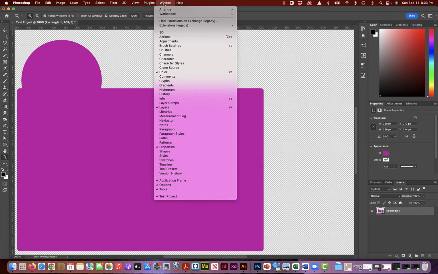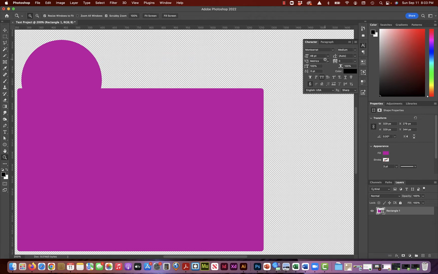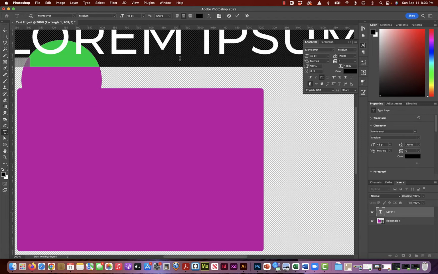Other palettes, any and all palettes that you are looking for and working with in Photoshop will be under Window. These are all the additional palettes that you can open. So for instance, if I want to work with my type tool and I want to work with my different characters, I can grab my type tool, start typing,